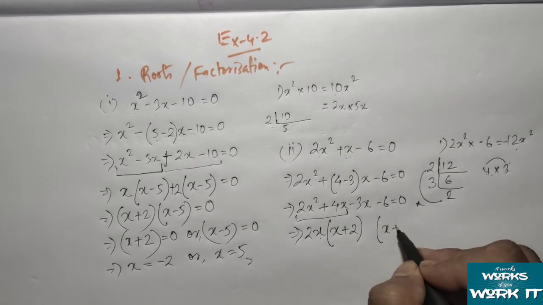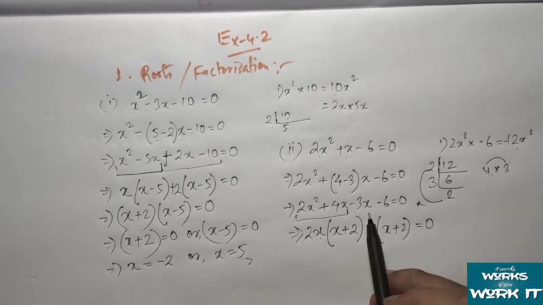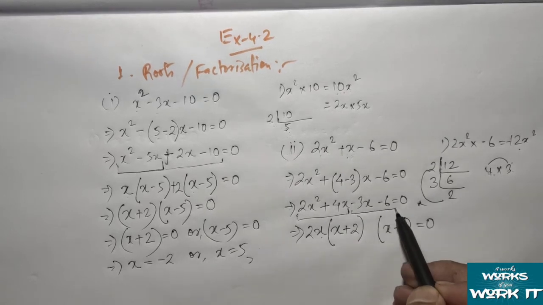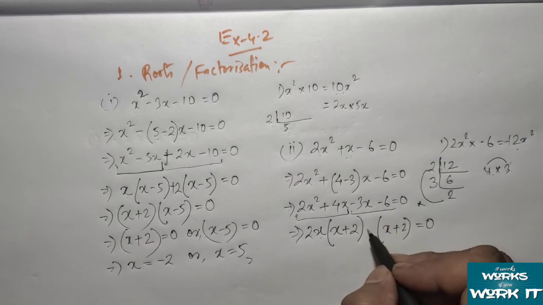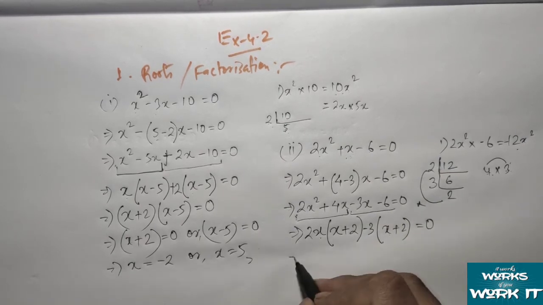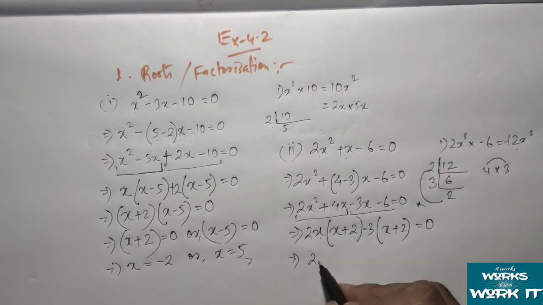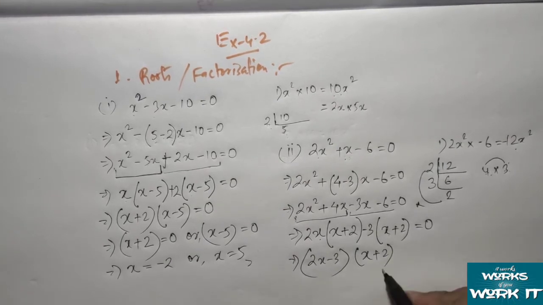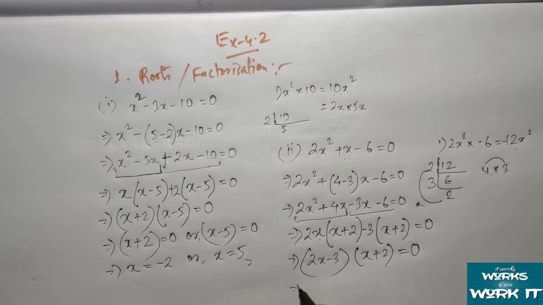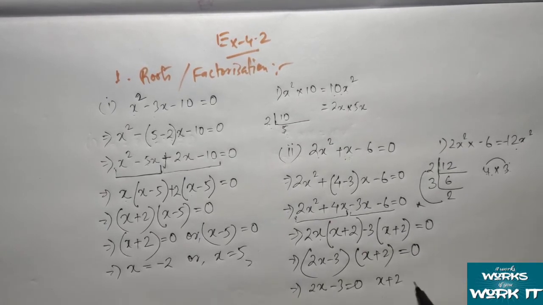So the same x plus 2 I will be writing here, and we will start from here, minus 3x. So what needs to be multiplied with x so that we can get minus 3x? We need to multiply minus 3. So 2x and minus 3 we will write at a time, and then out of these two we can write any one. So from here, if I split the things, x plus 2 equal to 0.